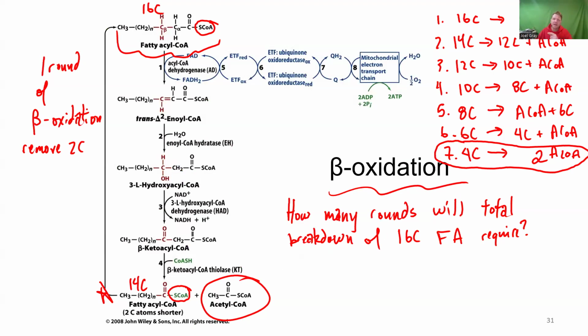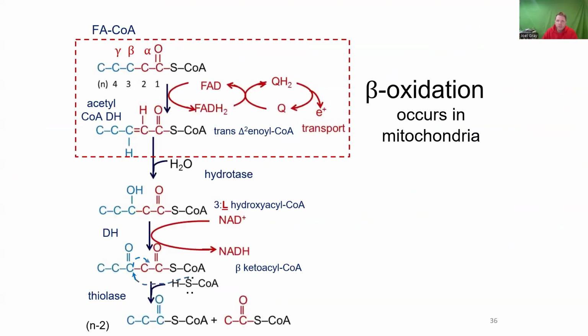Now, that's where beta oxidation comes in. Okay, so I want to introduce you to the pathway of beta oxidation. I wrote on this slide, but I'm going to go to another one where we have basically the same information, but it's a little bit cleaner. Okay, so beta oxidation, the things that I want you to know. The first thing is that it takes place in the mitochondria. Beta oxidation, a nice way to think about it is FA or fatty acid breakdown.